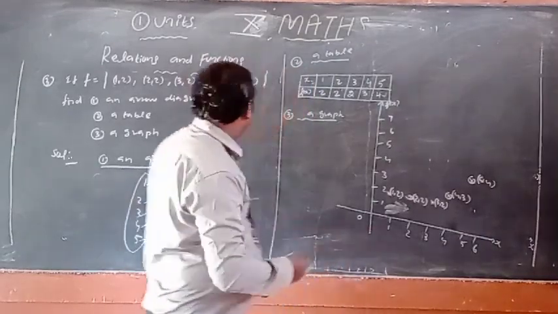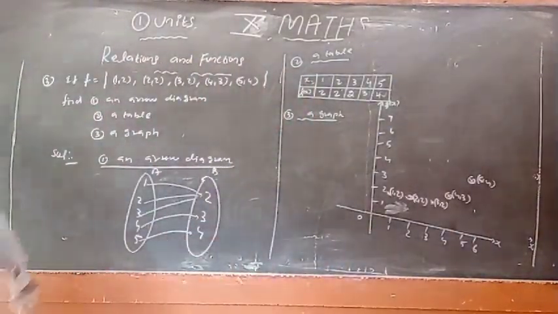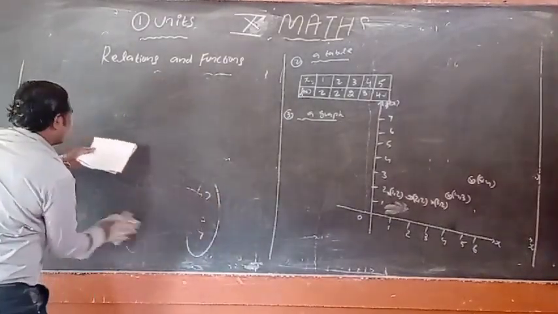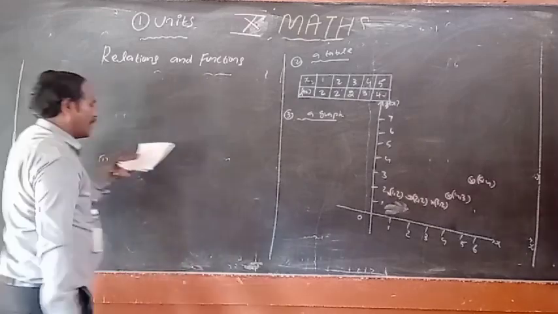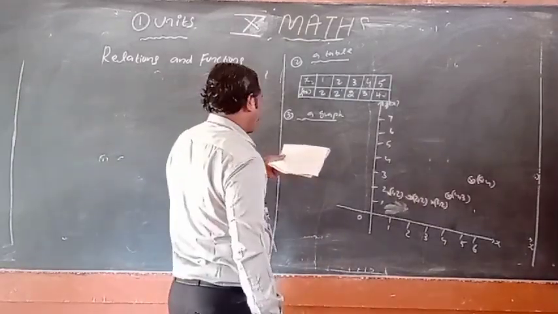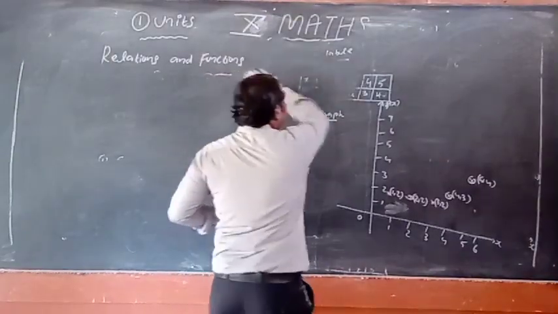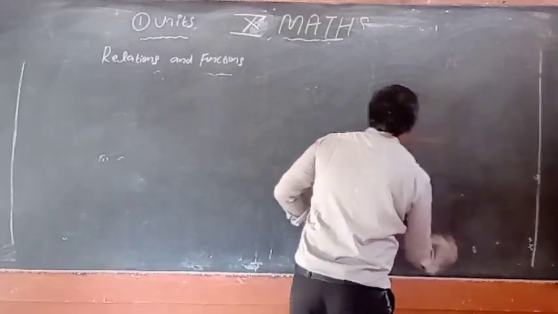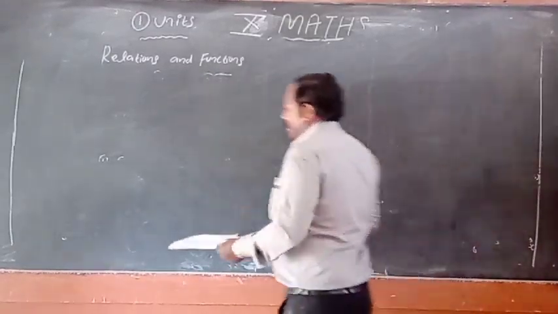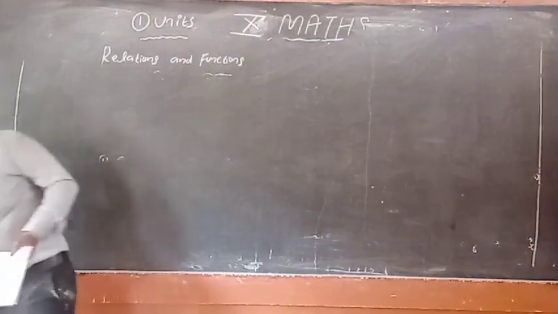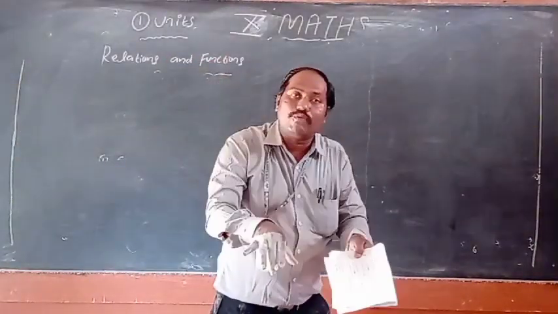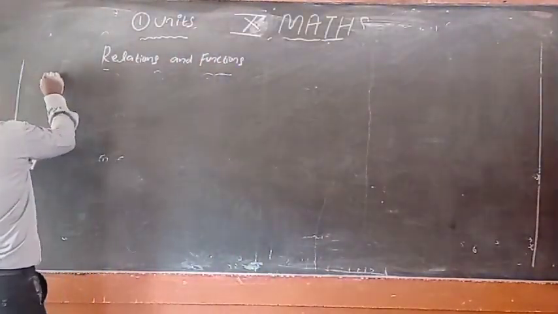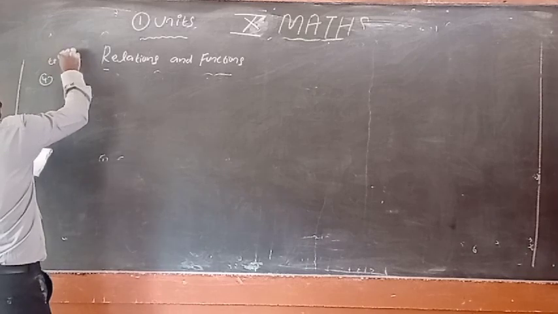Anybody? Very good. Now let us go to our fourth sum. Same letters, fourth sum. What is the question? Show that the function f from N to N, when f of x equal to 2x minus 1, is 1 to 1, but not onto. Into or onto, I already explained some types of function: 1 to 1, onto function, into function. Anything having means into function. There is no having means in codomain. Into function or onto function is decided for the codomain only. Yes. Now exercise 1.4 fourth sum.